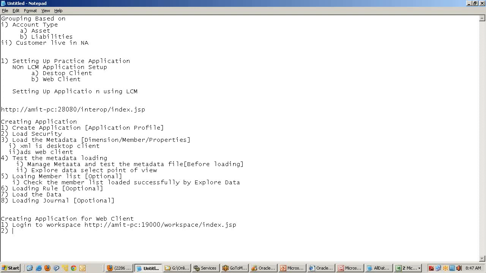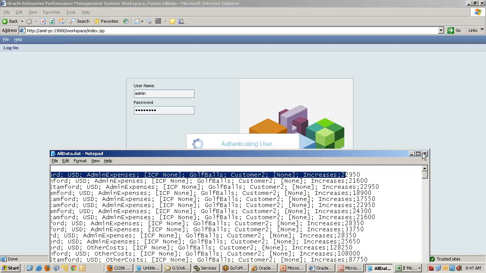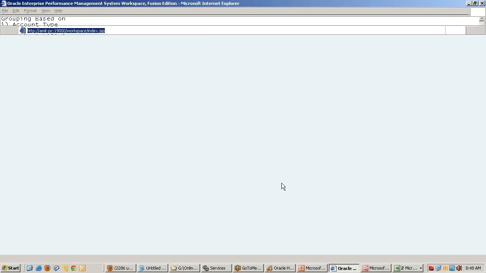And then now we'll follow all the steps given at the top. Same steps we'll follow, only the interface would change. We create the application, then load the security, load metadata. There will be a couple of additional steps, primarily all these steps. Have to be patient and a little slow.